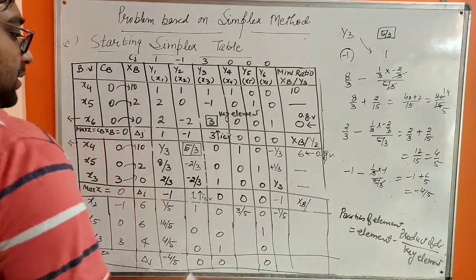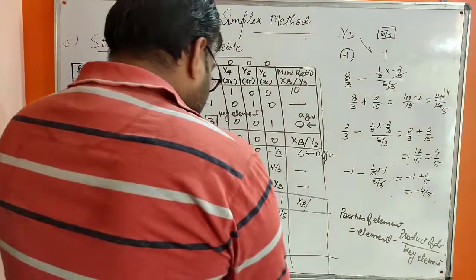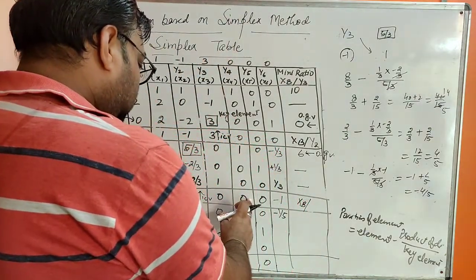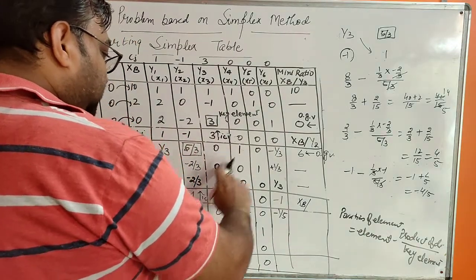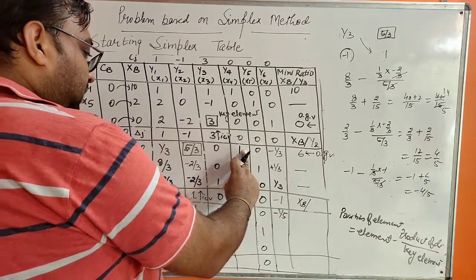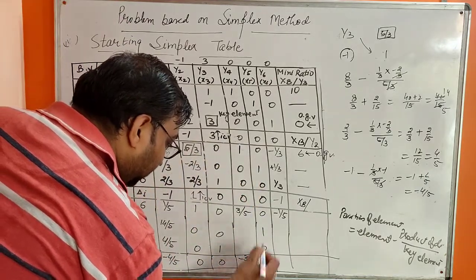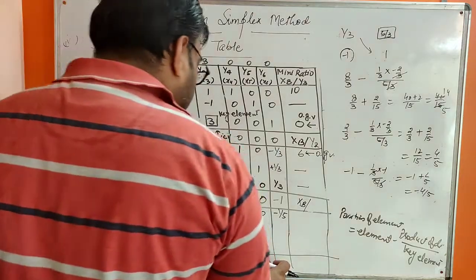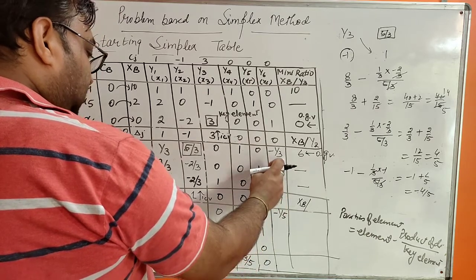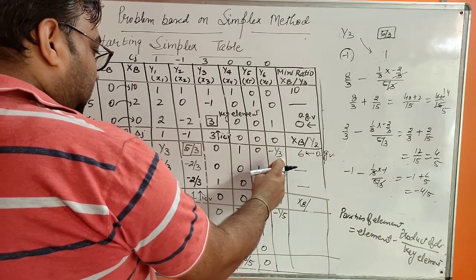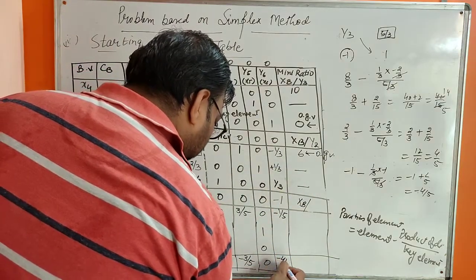Identify all these three elements. So first identify this delta J. There is 0, 1, 1, 5 by 3. So 0 minus product of these two elements, that is minus 1 upon 5 by 3, that is minus 3 by 5. Identify this: minus 1 and minus minus plus 1 by 3, that is plus 5 by 1 by 5, that is minus 4 by 5.